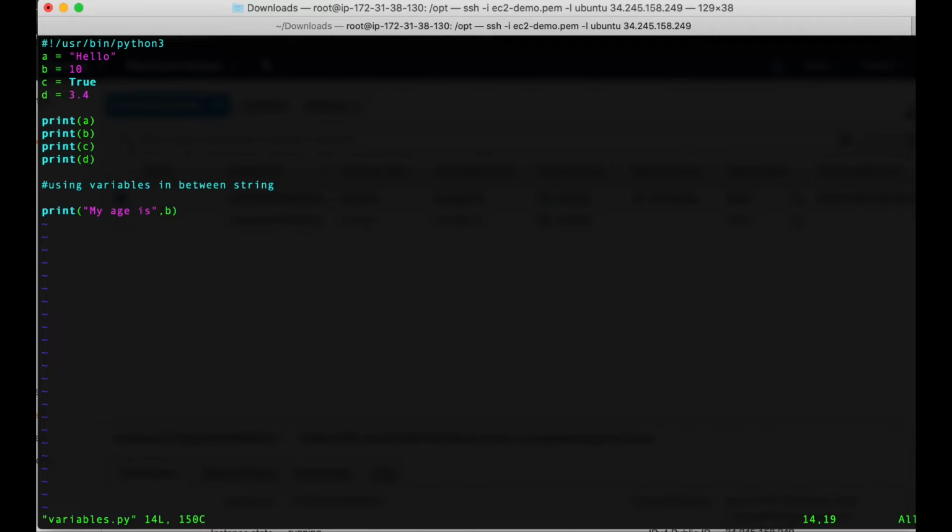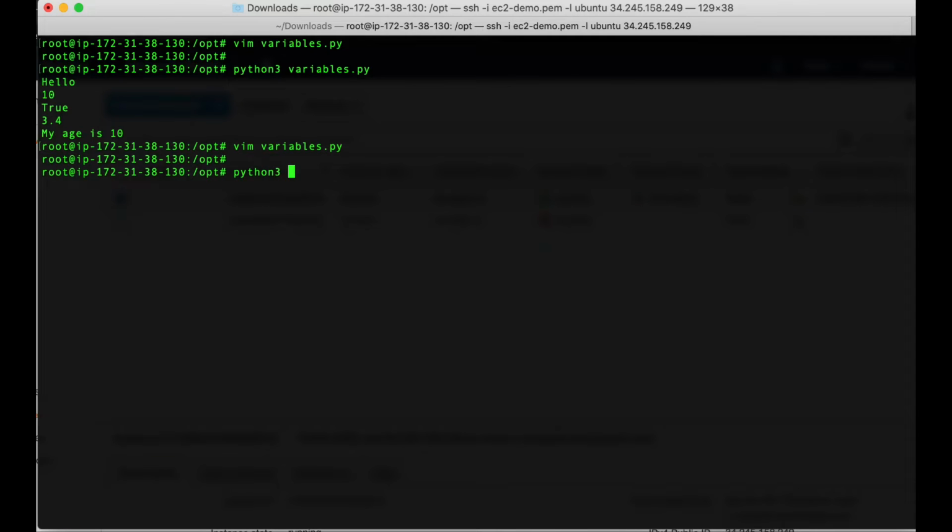Another way to add the variable is concatenation. So there is a concept called concatenation in Python. In that you just need to add the plus operator in this and your further value. So this value will be concatenated with this statement.